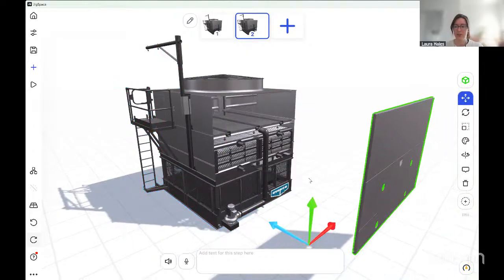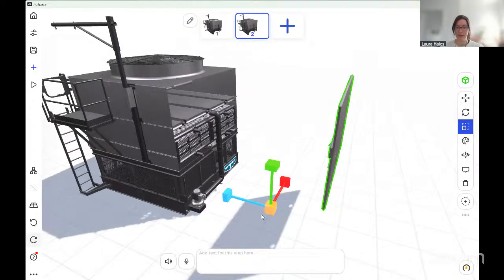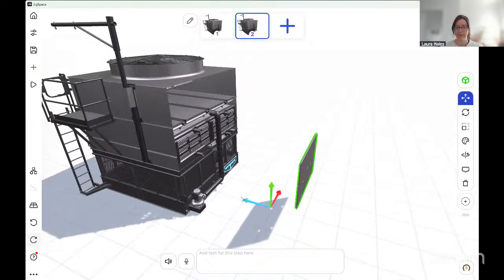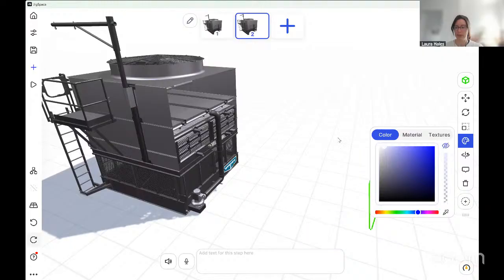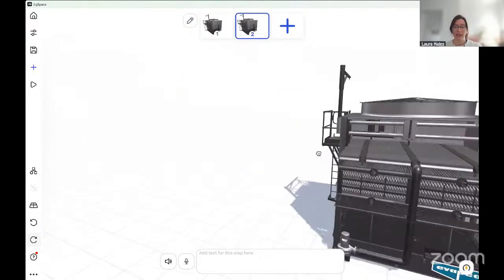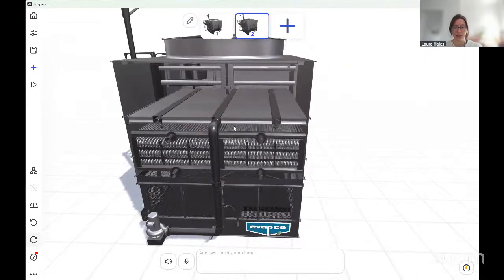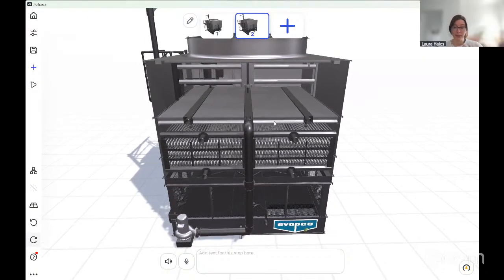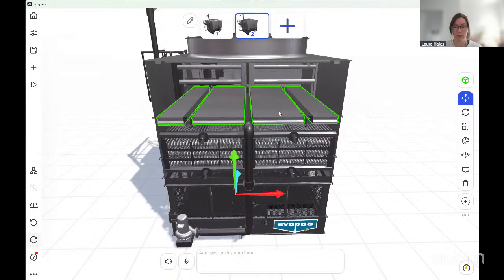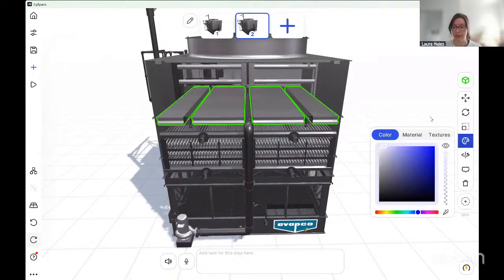So I'm just dragging away these panels. I'll shrink them down as well. And I'll make those transparent. And just jumping into the 3D model itself, there are a couple of texture changes I'd like to make. Now, as well as being able to edit the roughness and the metalness of a material,